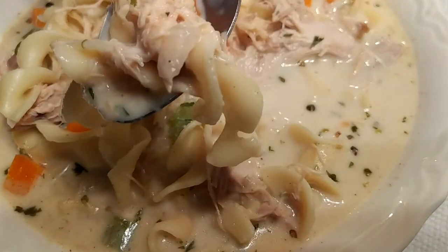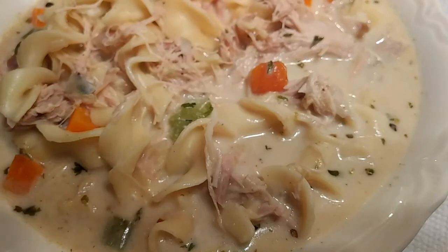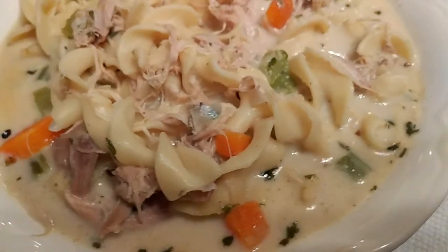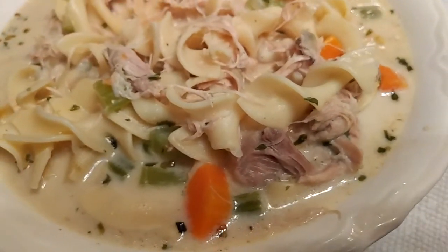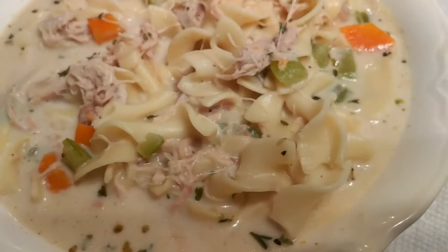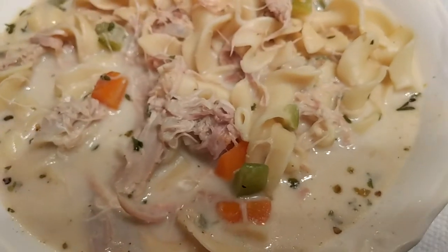That's why earlier in the video I said that I was going to add just enough extra water to cover the noodles so that they're totally submerged, because excess liquid would have resulted in a runnier broth. Like I said, I was really pleased with how this turned out because when people think of chicken noodle soup, they usually don't think of adding dairy. However, I thought that the combination of the chicken, the spices, the noodles, along with the evaporated milk was actually